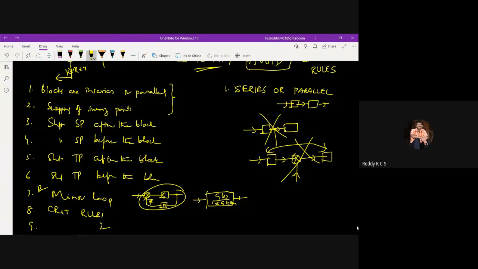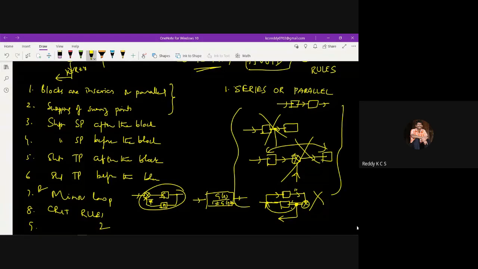Similarly, for parallel, we have to have one block and forward, in the same direction. Say for example here also it should have. Suppose if I have a takeoff point here, then these two are not said to be a parallel. So the takeoff point has to be sent to here, so that we can have the direct signal. The signal coming from the block has to be directly connected to the summing point. Then only we can say it is a parallel. So in between, if you have any takeoff point, then it is not said to be a parallel. So that is very, very important. We need to look into these things.